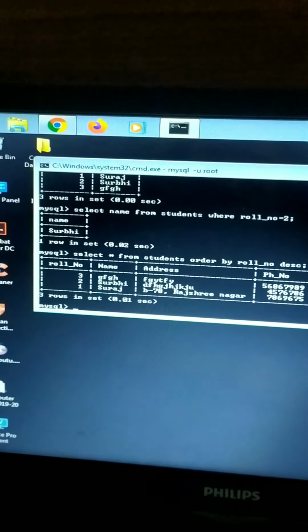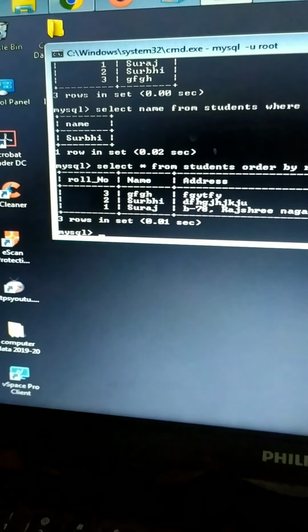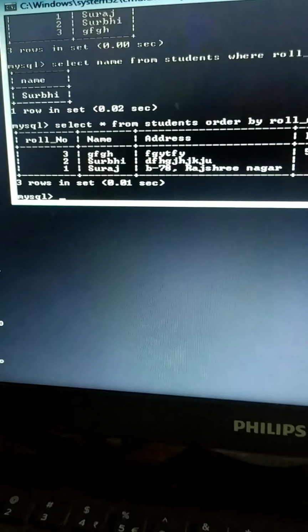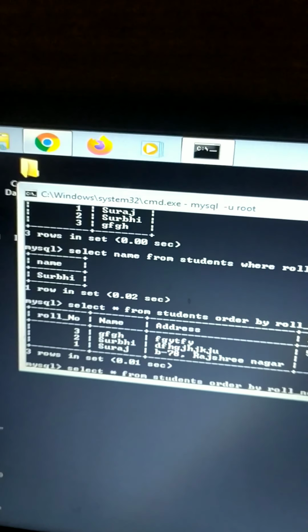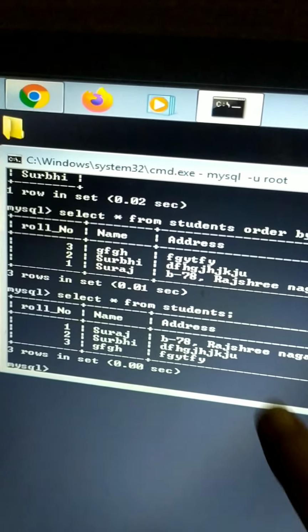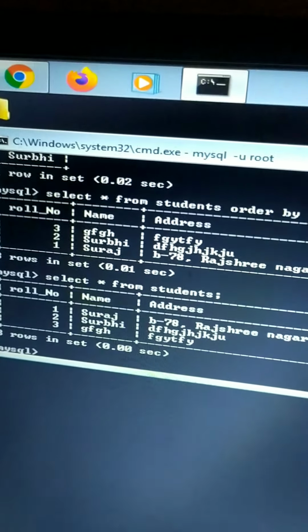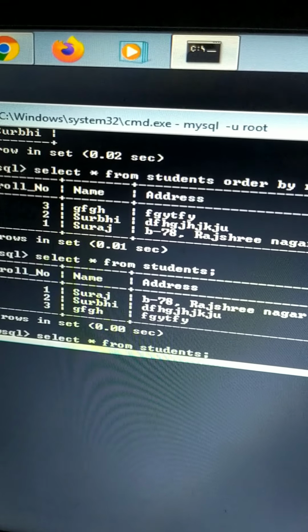And for ascending we will use ASC. By default it is ascending only. If you want to just display it in ascending order, select star from students. So it is displayed in ascending order. But if you want to display it in descending order, which command will we use?